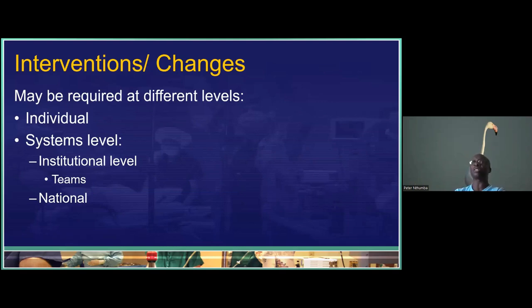The interventions may be at different levels. It's very unusual that individuals are the primary source of problems in patient care or patient errors. It's less than 5% that specific individuals are at fault every time. Most frequently, it's a systems level problem, and blaming individuals does not help, but makes it difficult to report problems. When I know that it is safe for me to report a mistake, an error,